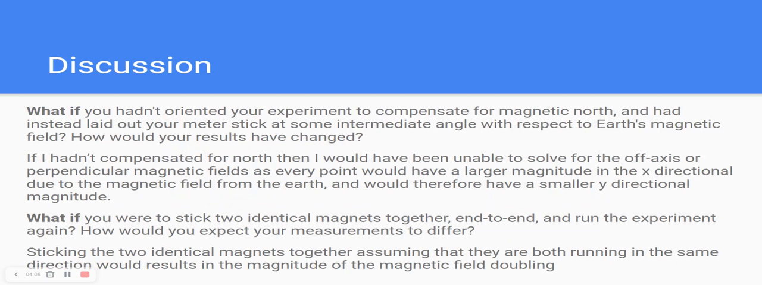So for the discussion, what if you had oriented your experiment to compensate for magnetic north and instead laid out your meter stick at some intermediate angle? If you hadn't compensated for north, you would have been unable to solve for the off-axis or perpendicular magnetic fields, as every point would have had a larger magnitude in the x direction due to the magnetic field from the Earth, and therefore would have had a smaller y directional magnitude, which would have ended up in